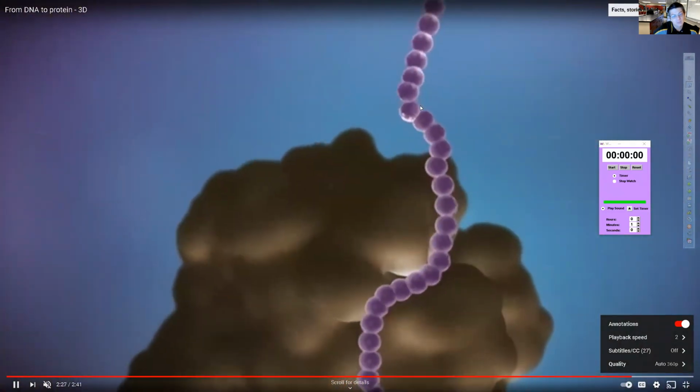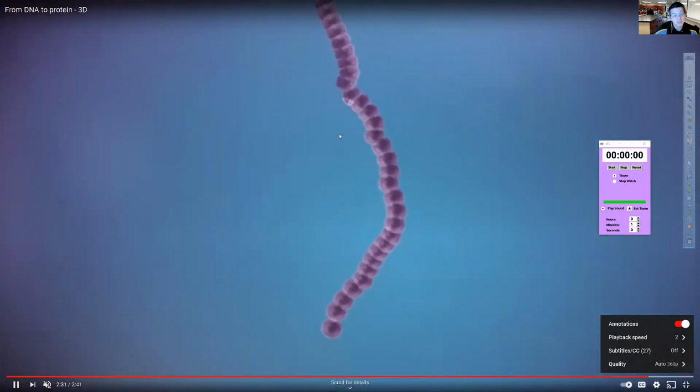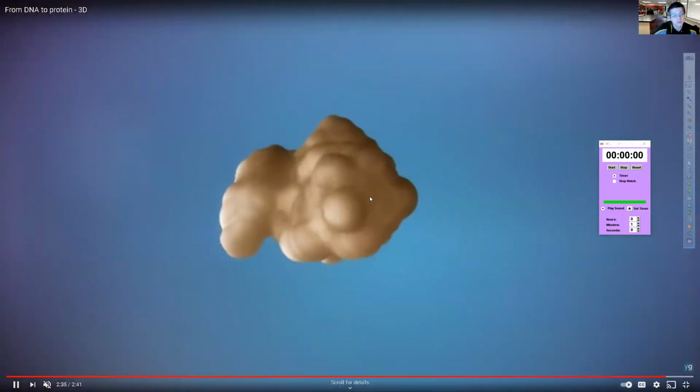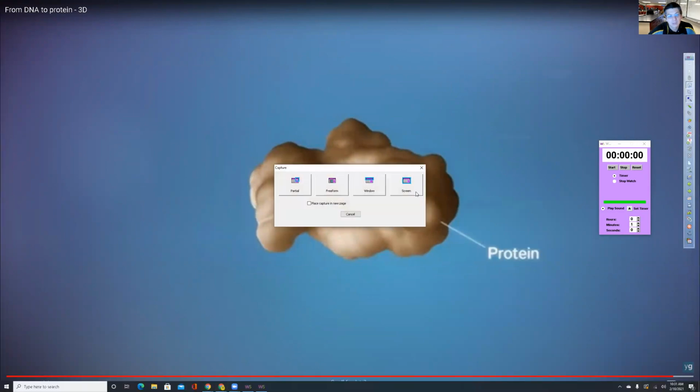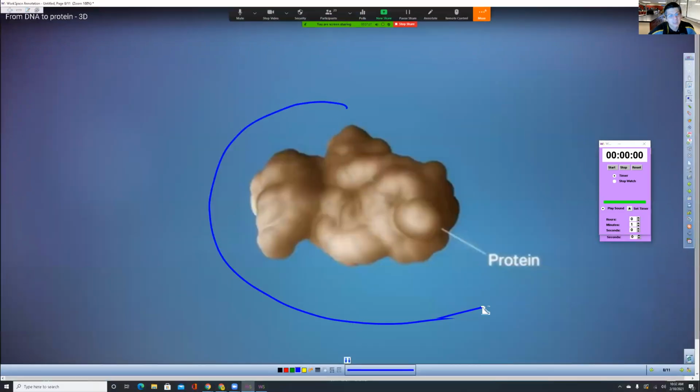That's the protein. But he can't do it without the instructions. And there's the protein. There it is. Boom. See that? And so this thing right here is the protein that he made using the instructions that came from the nucleus, right?